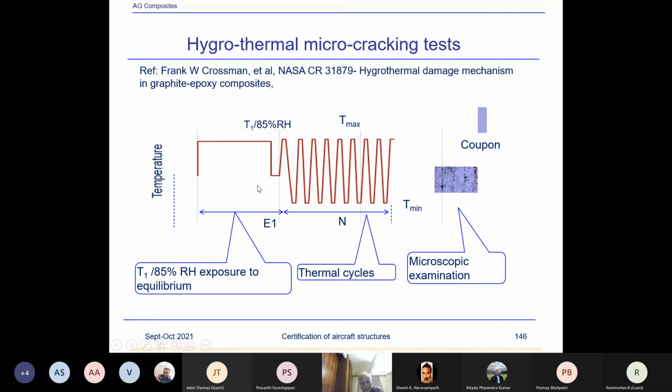What this is showing, and this is an important characteristic to be evaluated for a material, is that due to the hygrothermal cycling, the cracking should not occur. Systemic cracking should not happen in the material, otherwise the material is not suitable. The microcracking due to the environment is not acceptable to the company. So in order to assess the hygrothermal microcracking, one of the tests, this I have taken from a NASA report,